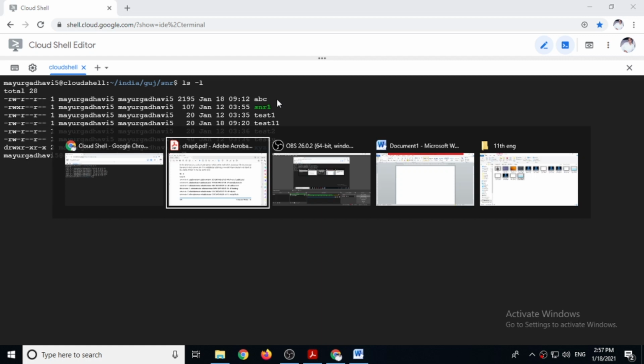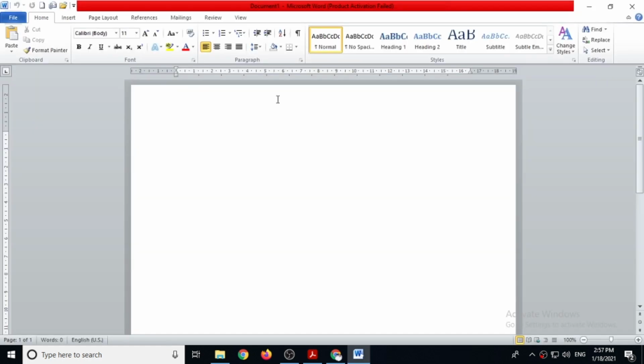Here remember, in Linux there are 3 types of users, or you can say persons. One is owner, meaning the owner of the file. Another is group.